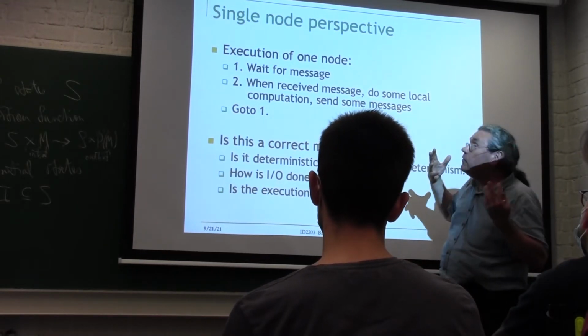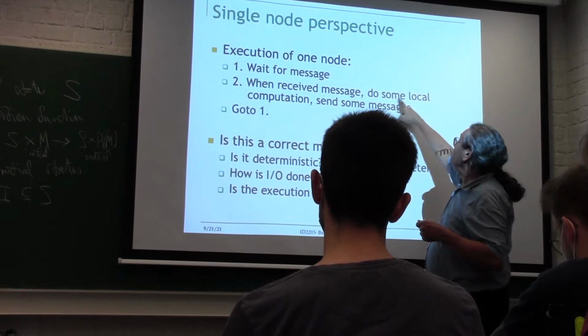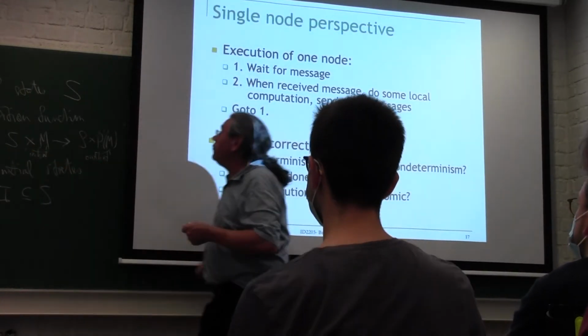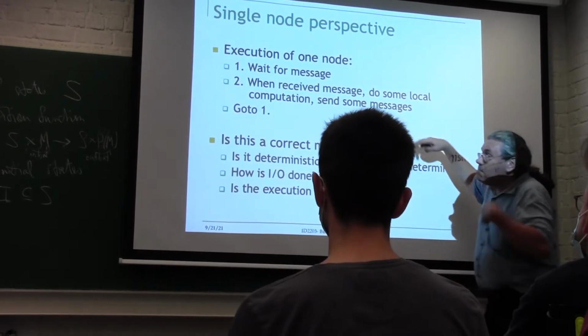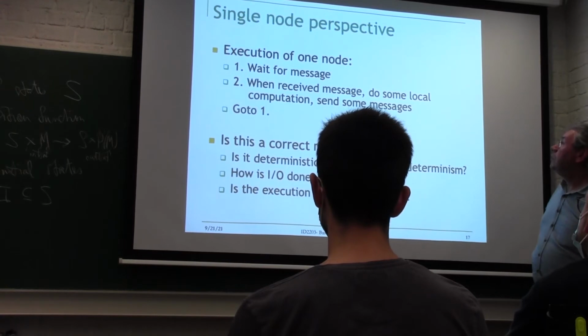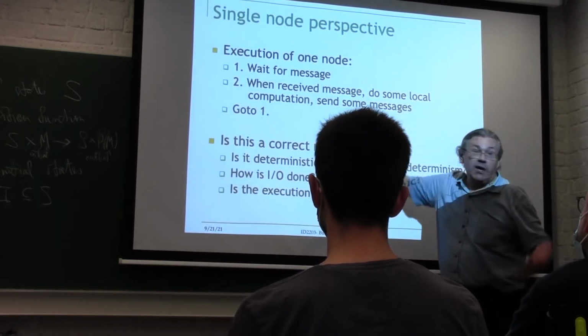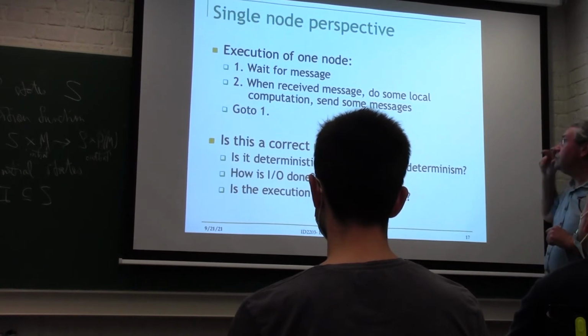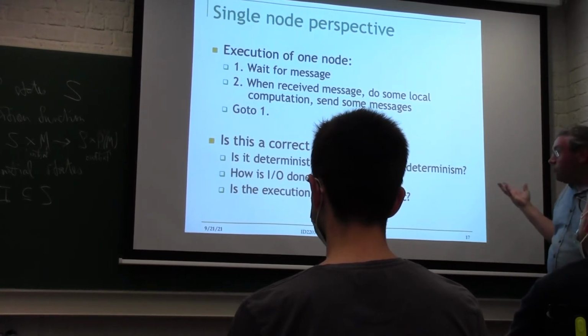I receive a message, I have my local variables, I compute using the message and the local variables, okay? And then I maybe send more messages, some messages on the out buffs. Well, could be 0, maybe I send 0 messages. But maximum 1 per out buff, okay? That's very intuitive.